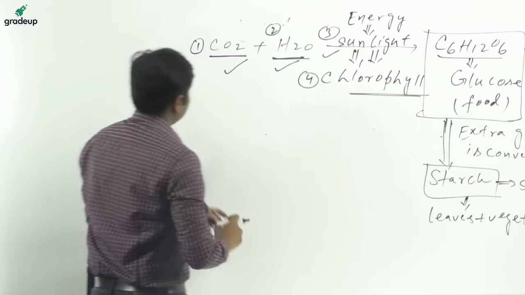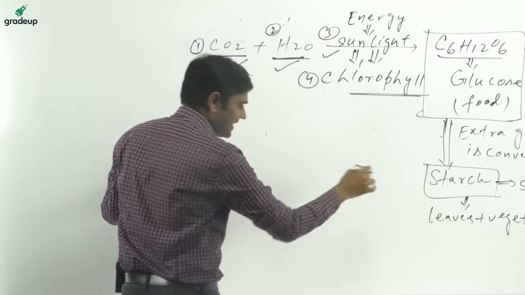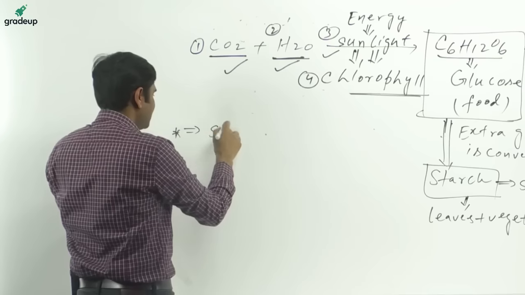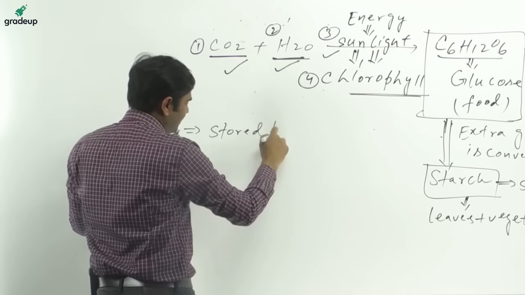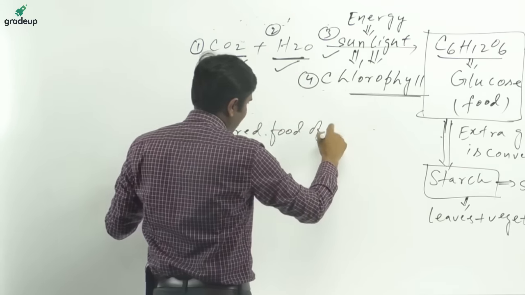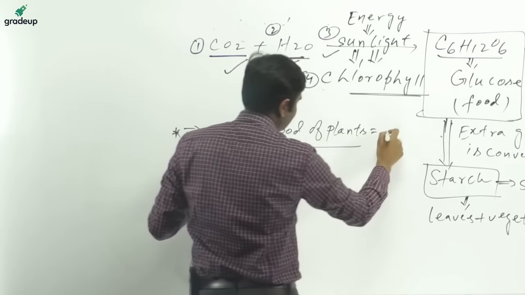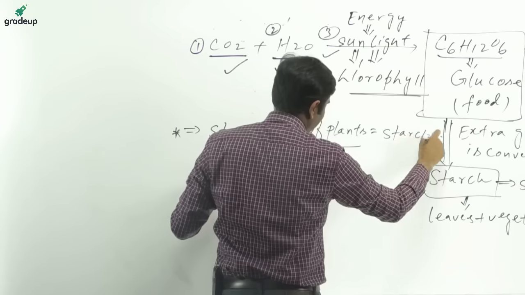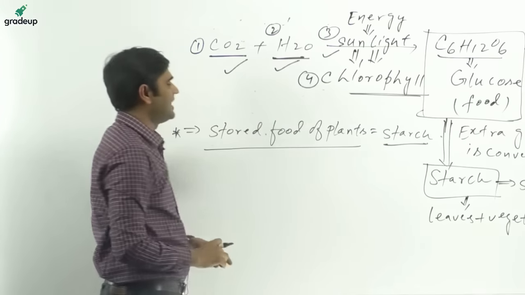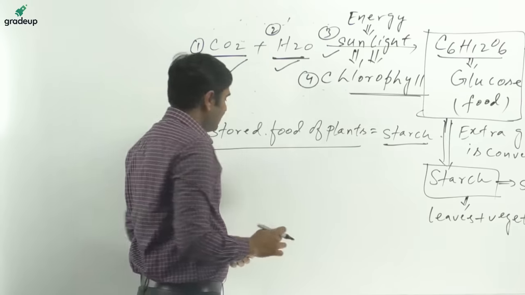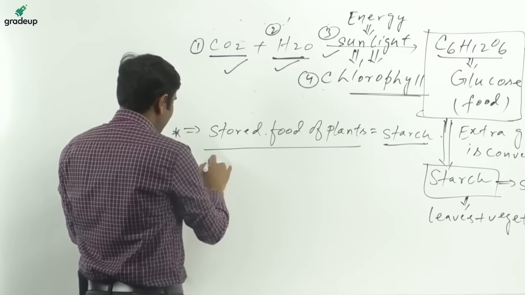A question can be asked from here: what is the stored food of plants? Then the answer is starch. Stored food of plant is starch. But stored food of animals,